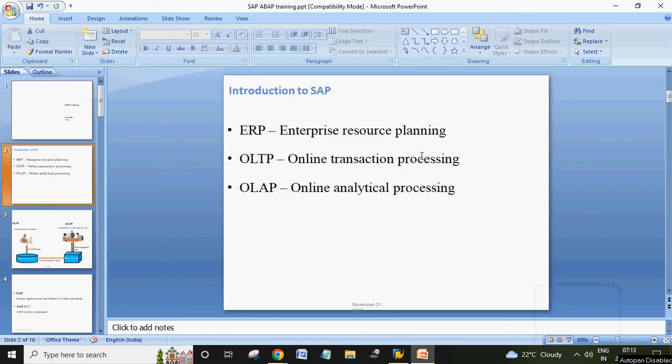Okay, we'll discuss SAP introduction. What is SAP? SAP is an ERP product. What is ERP? Enterprise Resource Planning. Most of you might have come across this in your academics, in your graduation